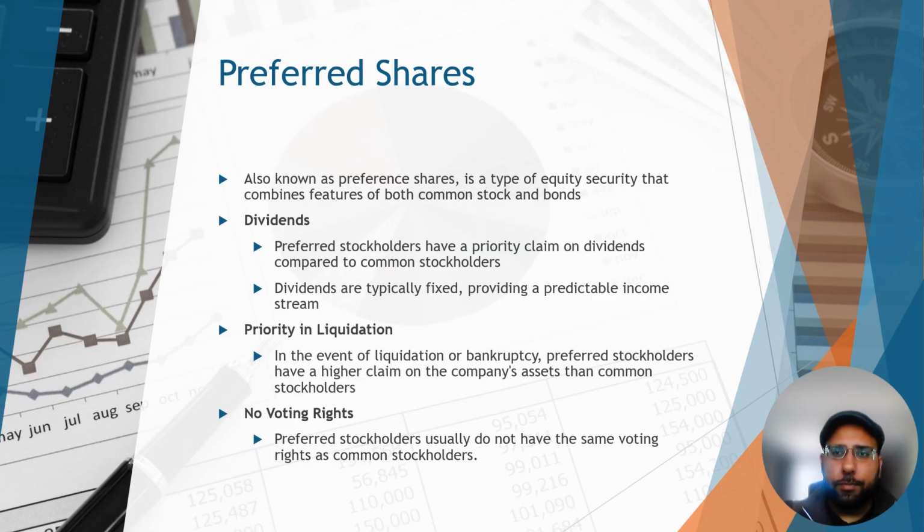Okay, we're going to get into preference shares right now. Many may have come across them in their time, but when I talk about preference shares, they also go by the name of preferred shares. They are a type of security that offers very similar characteristics to common shares as well as fixed income security. The key benefit is holders of preference shares are typically given priority when it comes to dividend payments that the company may issue. So if you are looking to purchase preference shares, it will come with a par price or a par value. It will be a different price to what the current share is currently trading at.